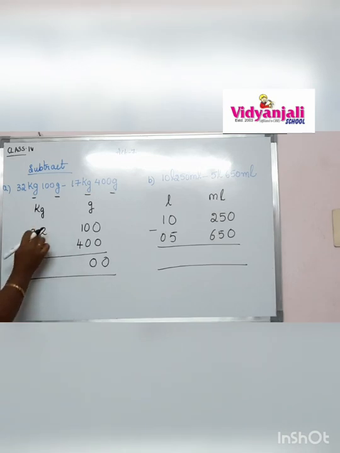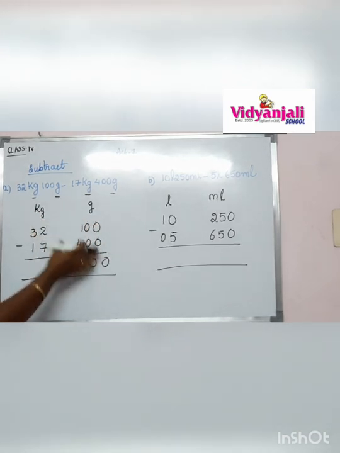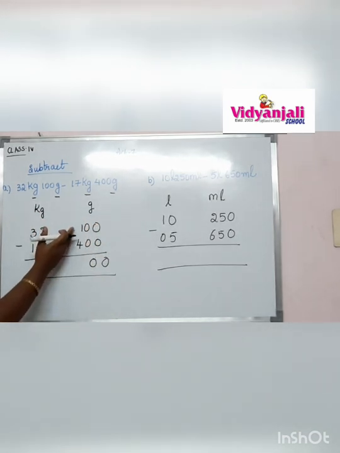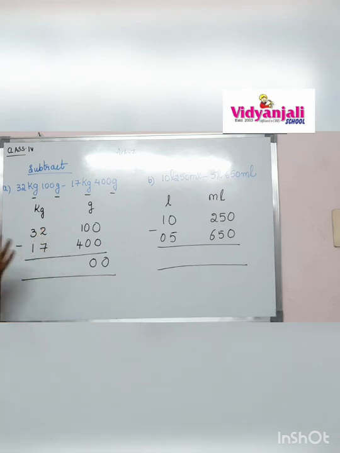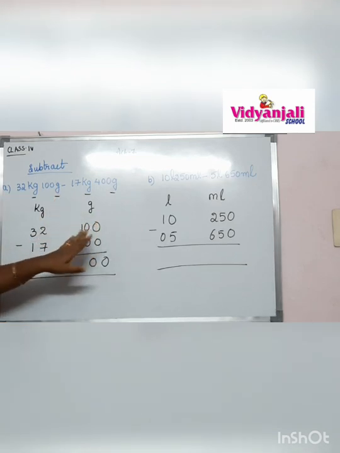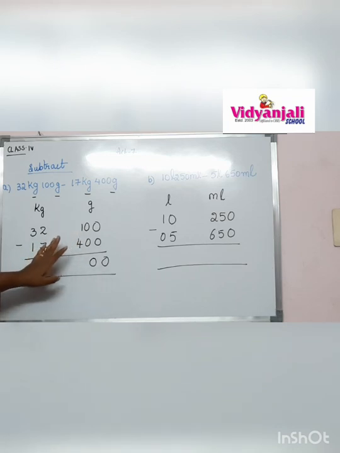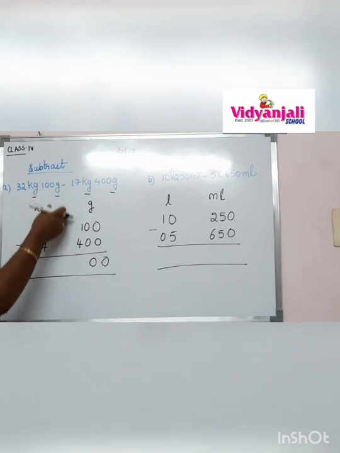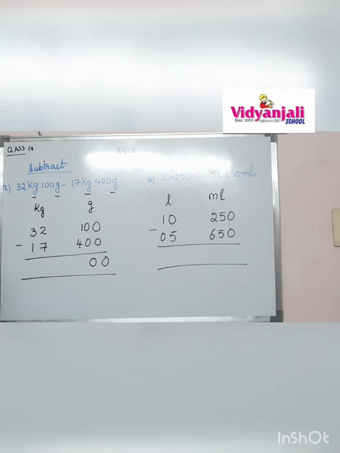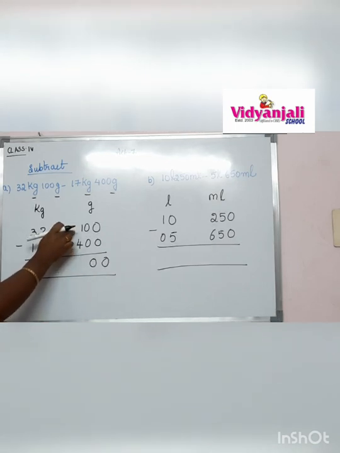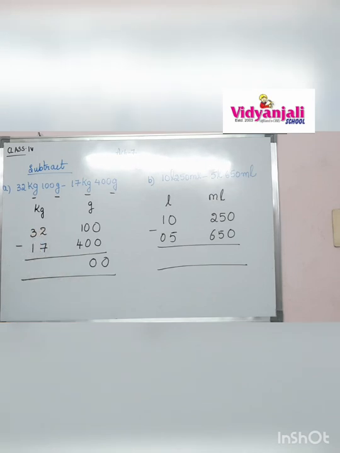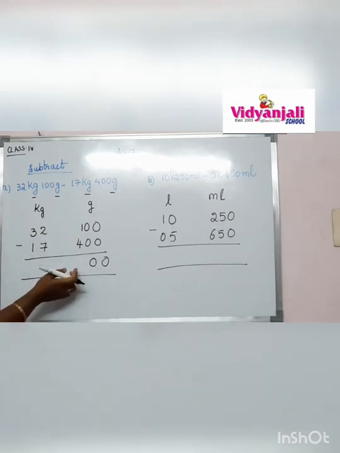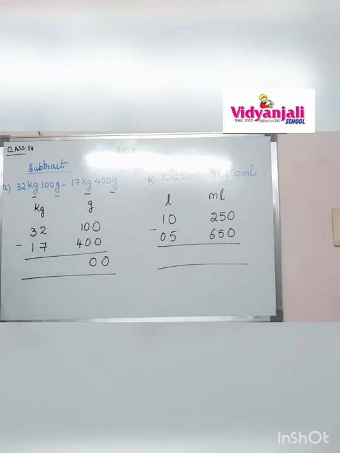We will borrow from this side. You might be thinking, madam, here no number is there in the gram, so we will leave it off. No, children. You have to continue this subtraction. There is no partition. We are just separating the units only, but we are not separating any number. It is not another form of subtraction. They both are together. So if you need any borrow, you can borrow from this. Or else, in addition, if you want to carry forward, you can carry forward from here to here also.